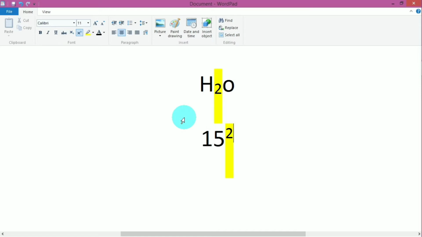And in the next line, you can see 15 square. And for square, we use superscript. This is called as superscript. Powers is called as superscript and bases are called as subscript. So, we are going to learn how to add superscript and subscript in HTML.